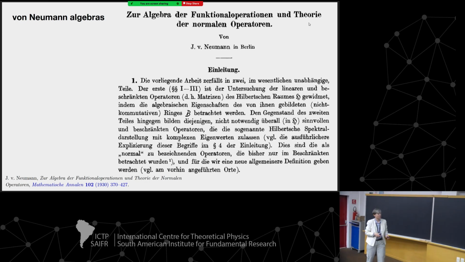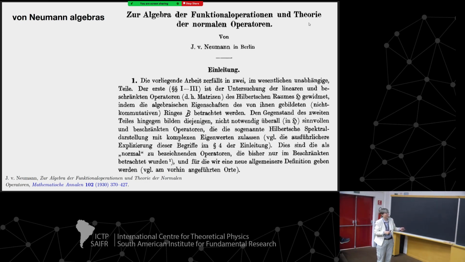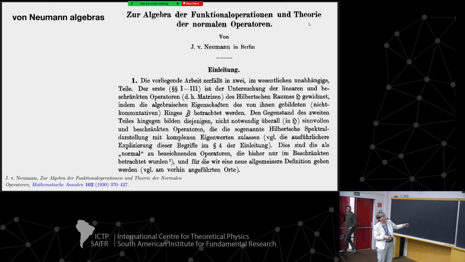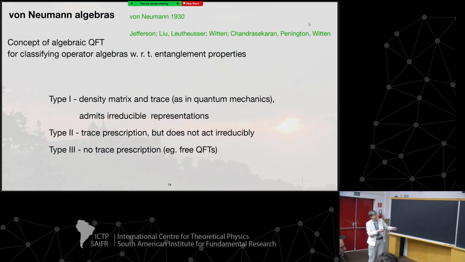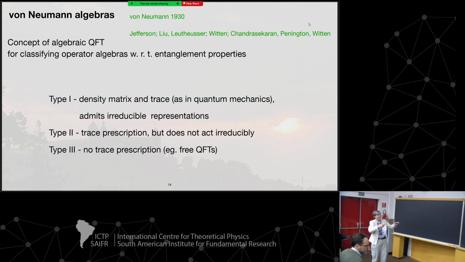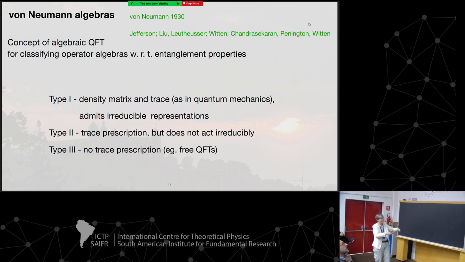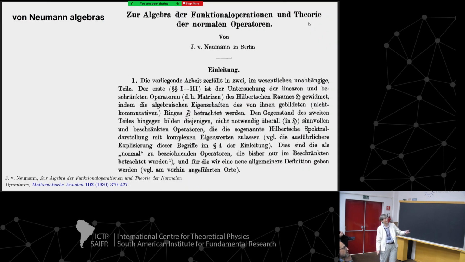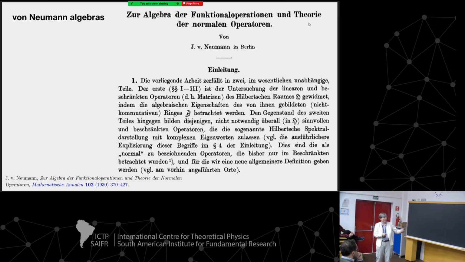Essentially, what I just said on the previous slide is encompassed already in this first paragraph of the introduction, and it's interesting that he talks about so-called normal operators. By normal, he means those operators of type 2 and type 3. He says that in quantum mechanics, essentially we look at those, but they are very constrained, and the more general ones are those. It's interesting that the more general ones he actually calls the normal ones. I think that's very interesting. This is of some historical interest. It's quite some time ago, so if you are interested in getting a translation, ask me afterwards.